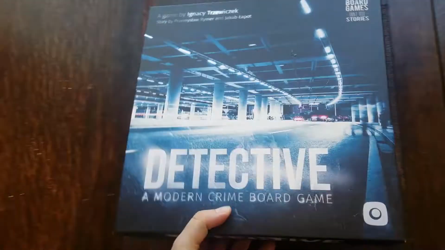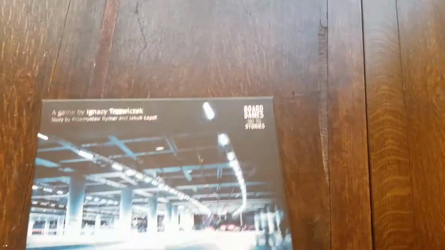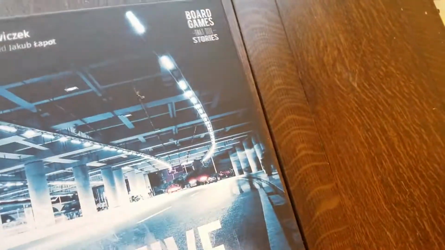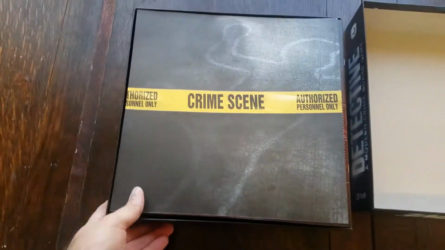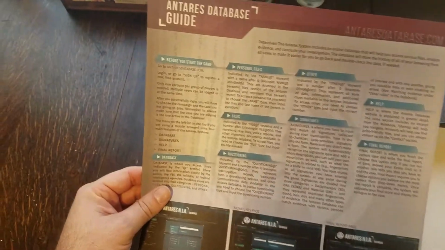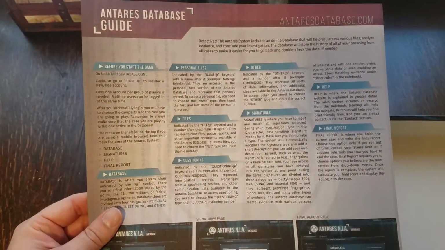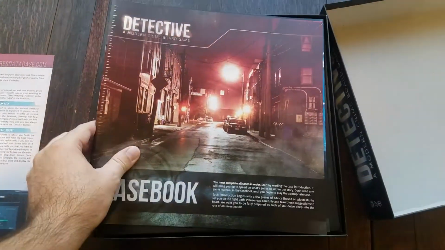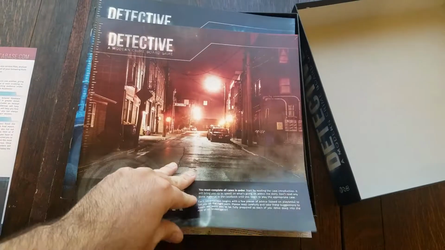But this game is definitely a very new idea, and it uses an actual internet database and live searches to try to solve crimes. So let's see. First we get this crime scene sheet and terrorist database guide. So this is basically a quick run through of how to use the database that we just talked about. I think this might be upside down. Here we go. So we've got the detective casebook,